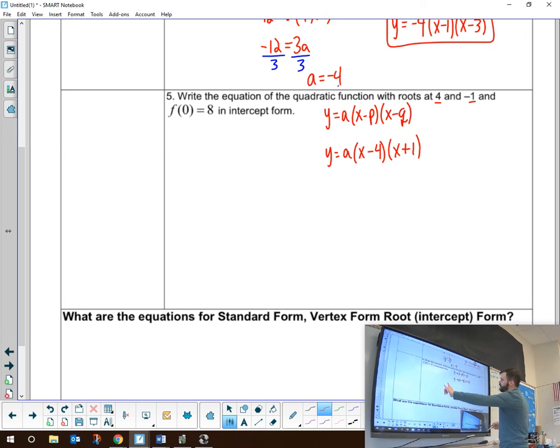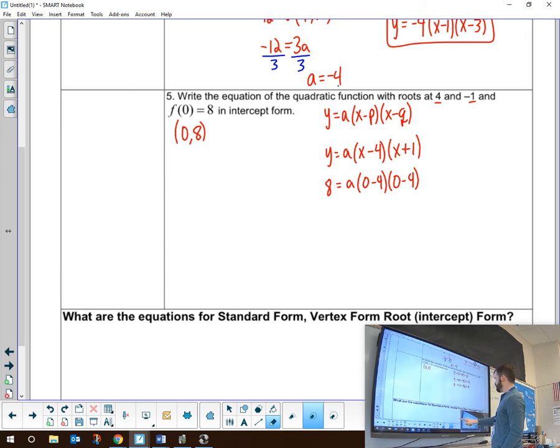Then we just take our point, plug in our 0 for our x's, that number in there. Remember, this is like 0, 8. That's what that's saying. F of 0 equals 8, so we're going to plug in our zeros and 8. So we're going to go 8 equals a times 0 minus 4 times 0